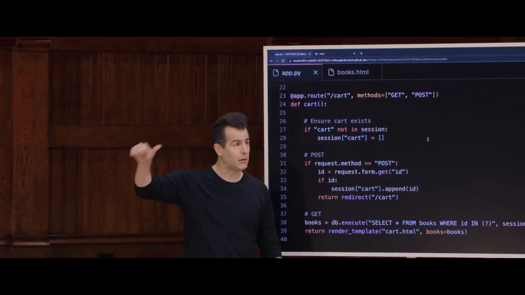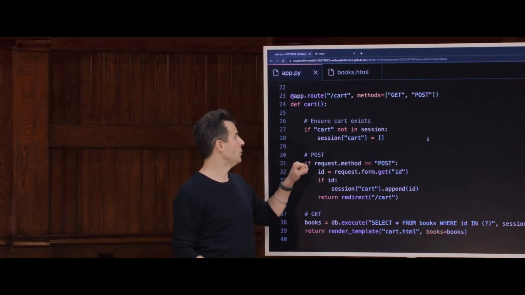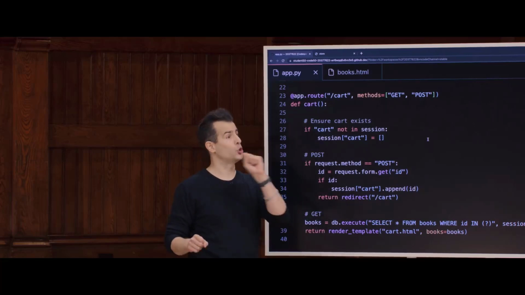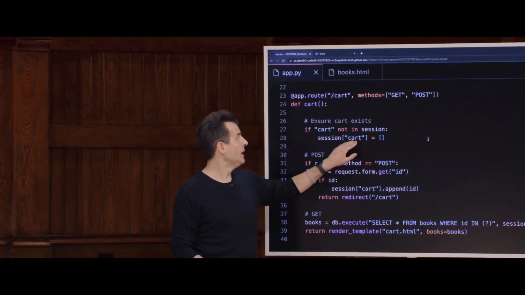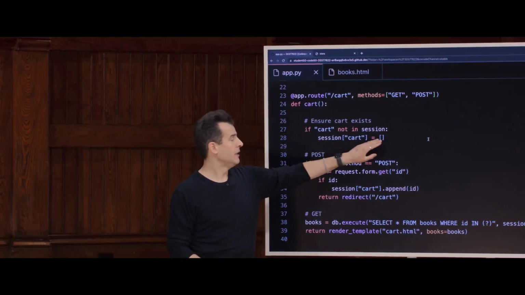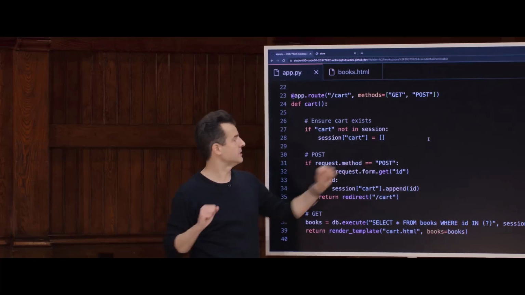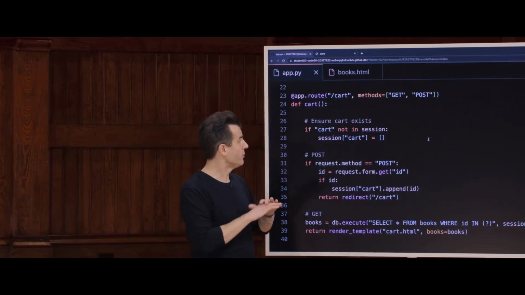Previously, we put the student's name, the user's name, and sports in it. Now, I'm going to store a cart key whose value is a list. Why? Because I want to aggregate more and more books in this list. All right, so that just makes sure that I have at least an empty shopping cart the very first time